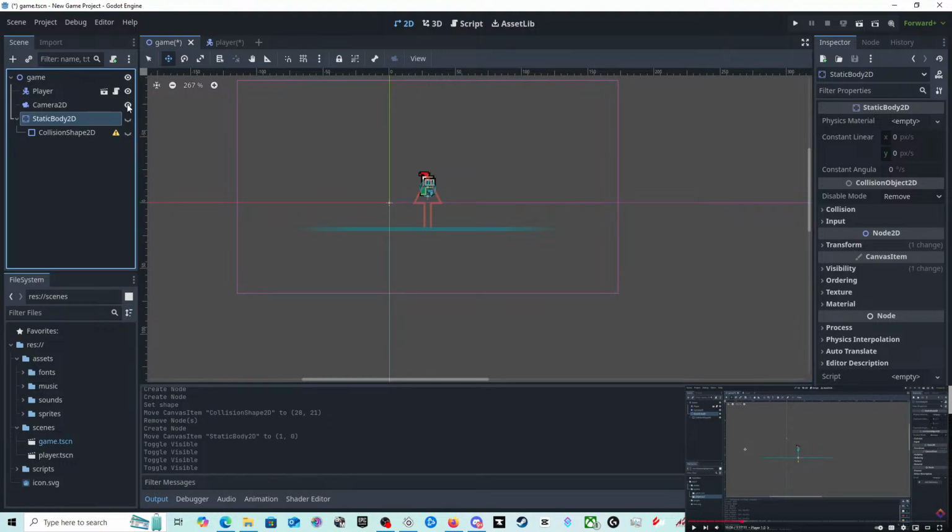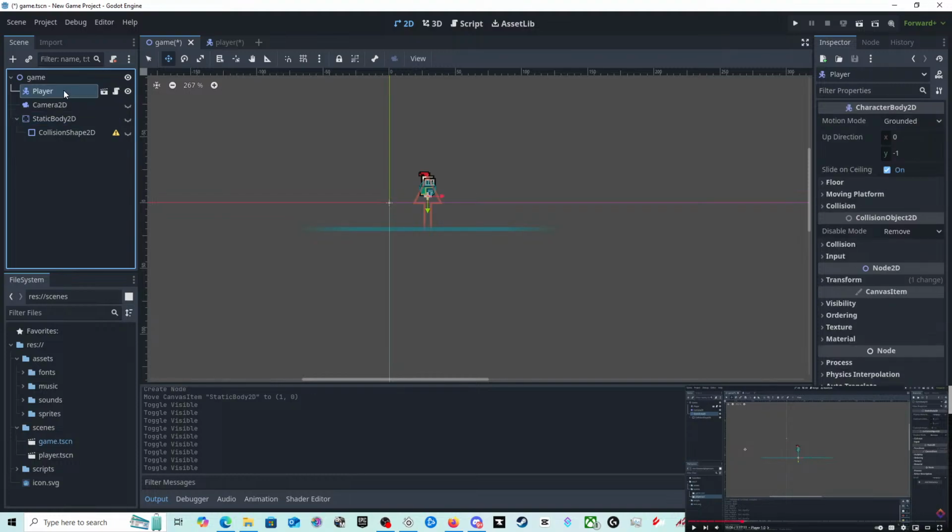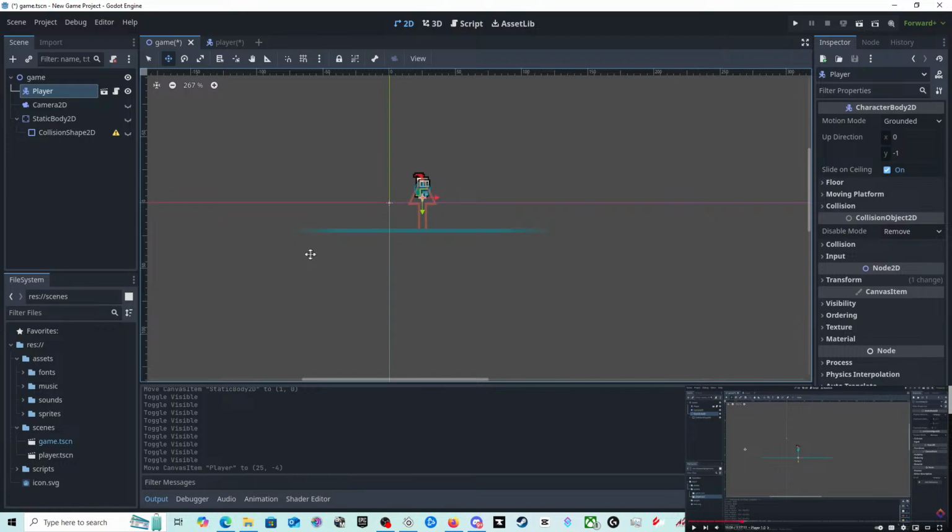Hold on a sec. So why is the player, oh, is it the script telling it? I'm not sure why that's doing that. It's kind of like added to it. Yeah.